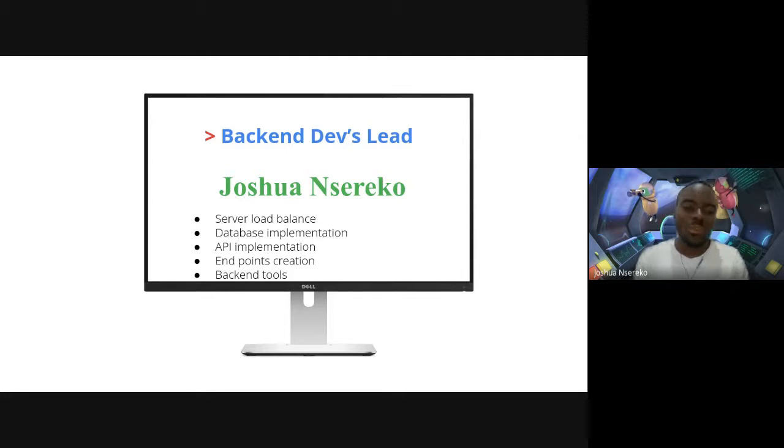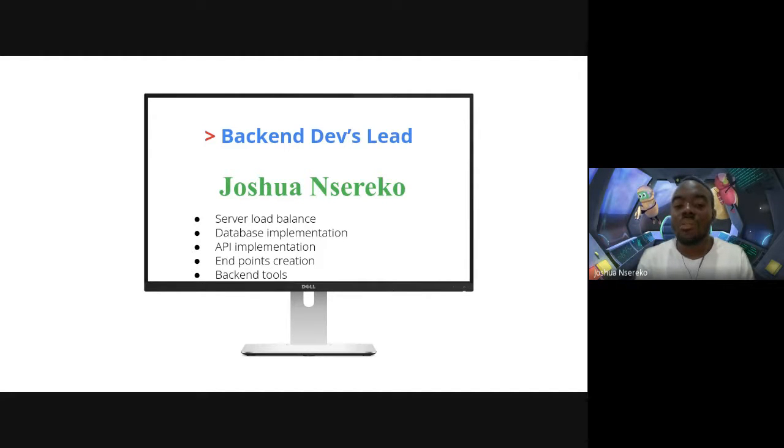It's going to manage API implementation. We have connections from the front end to the back end, so this is the field that is going to manage those things. It's going to manage things like CRUD operations, getting an element by maybe ID, by which aspect, such things. And it's going to manage endpoints. We are going to create endpoints using